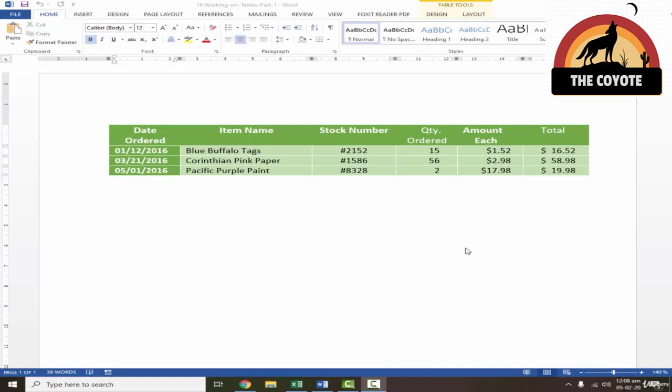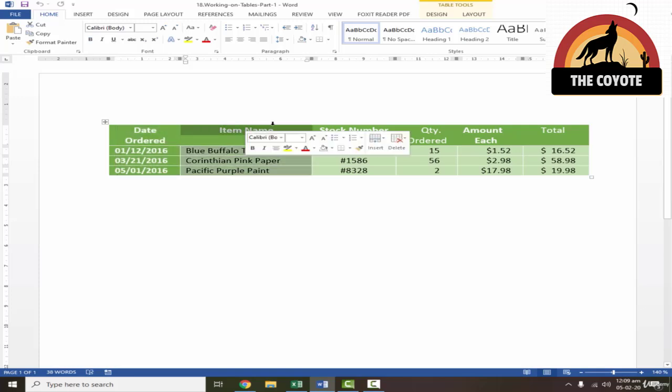Now let's see how we can make adjustments to the table. If I want to select a column, I will just go on the top of the table. Just select the table first, come within the table, click on that, and then go to the top of the column. You will see this downwards black arrow. Now if you click on this column, the column will be selected.